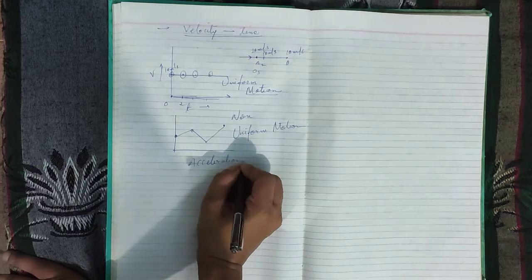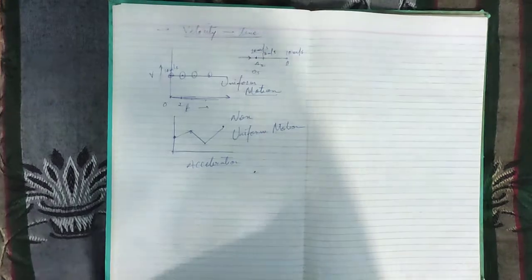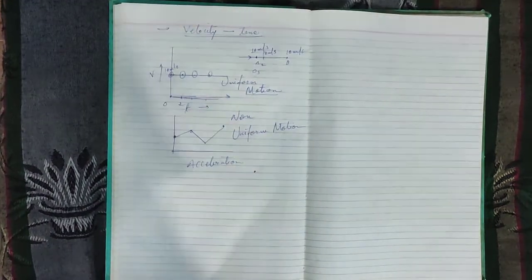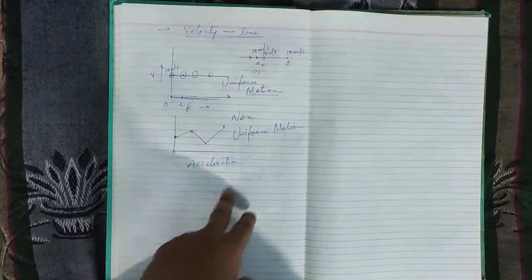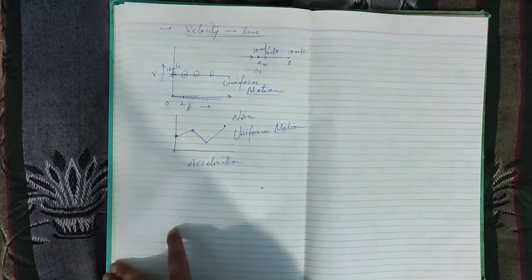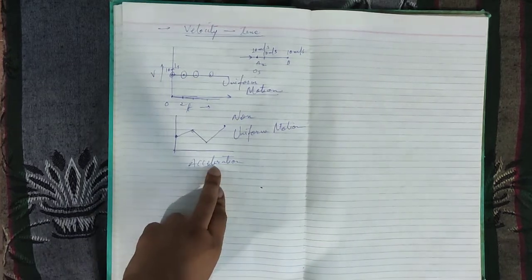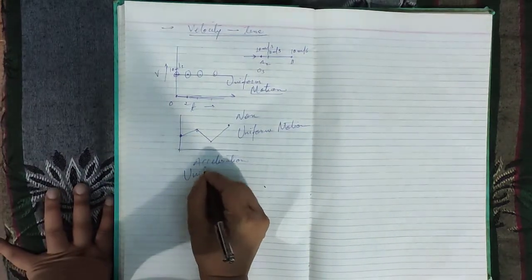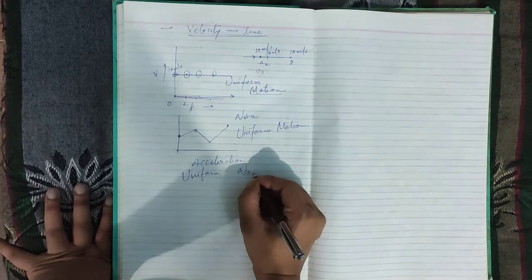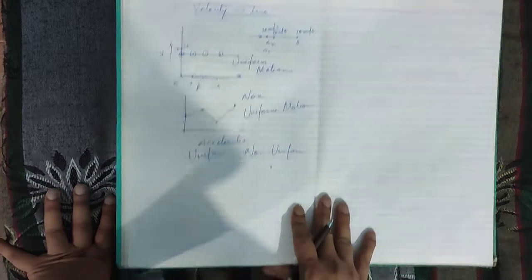The next thing that we studied was acceleration. Now, when it was a distance-time graph, we could not describe velocity, so the graph was simply a curve. In displacement, we can only describe the distance or displacement, we cannot describe the velocity. But now if we are describing acceleration, we have velocity, so we can describe whether the acceleration is uniform or non-uniform. We can describe the type of acceleration.